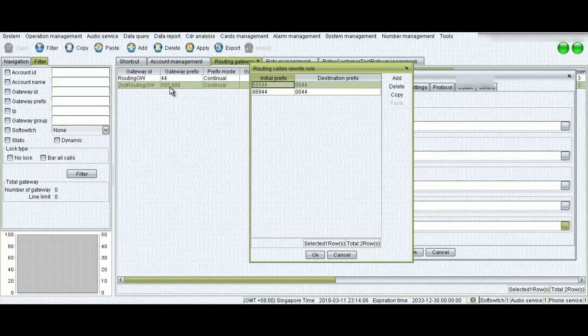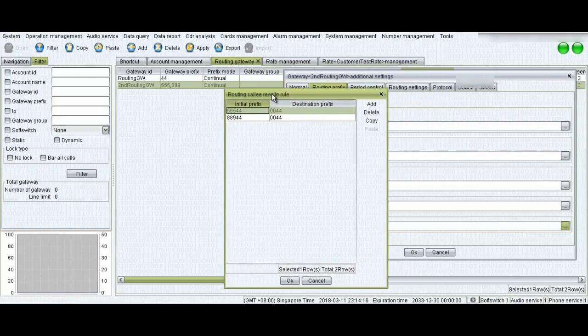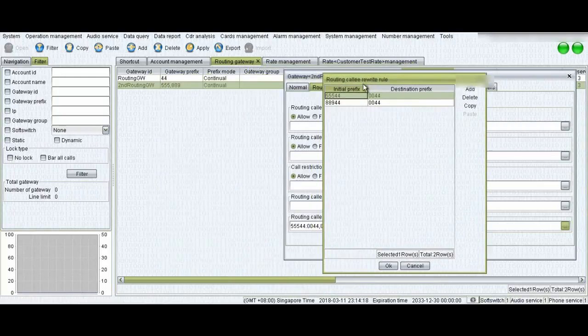The answer is routing gateway matches the initial prefix to send the call to the right vendor, whereas routing calling rewrite rules should match the whole prefix which is coming from your customer and going to your vendor.